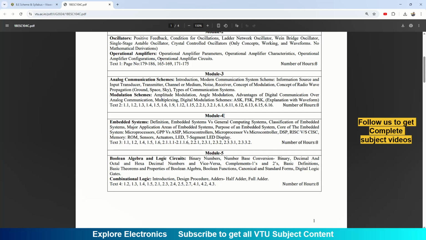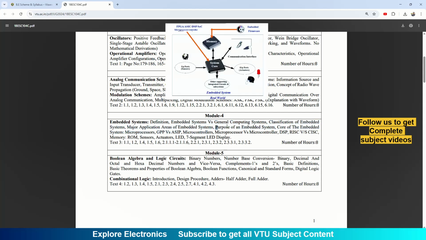Then coming to module 4, it is of embedded systems. Now after all the basic knowledge of oscillators, rectifiers, amplifiers and analog communication devices, now embedded systems. What is the definition? What is the difference between embedded system and general computing system? Classification of embedded systems, major application areas of embedded systems, what is the purpose of embedded systems, and core concept